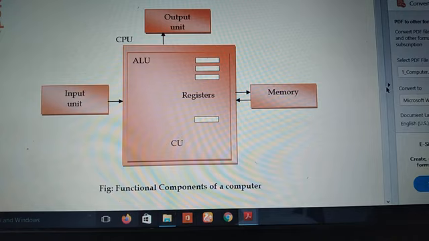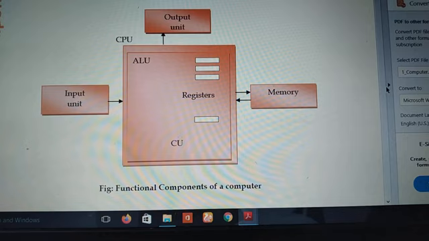And what is the function of the output device? The output device is used to take the processed data and direct it to output. Here you are able to see this diagram because of this screen. This is the monitor, the computer monitor. So this is part of the output device.